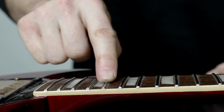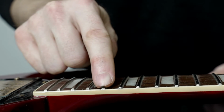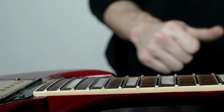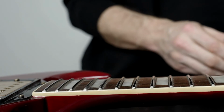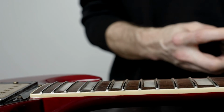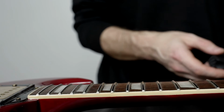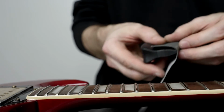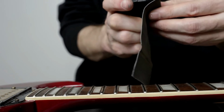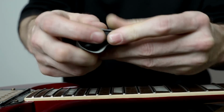Check the fret if the top of the fret is not too flat, otherwise you need to crown it. But normally in a just small fret spot leveling, you don't need to crown it. You just need to repolish it. You can use a Frtlzr for this. In this case, I started with a 1500, makes more sense